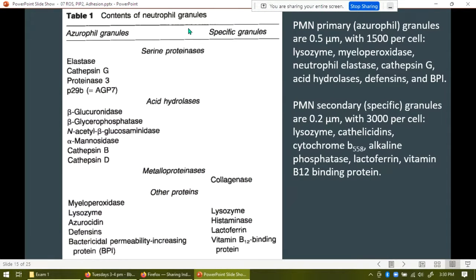And then this is a figure that I think you're seeing for the second time. It just shows you where neutrophils store some of these things. They have azurophil granules, which are primary granules. They're a little bit larger. And then they have secondary granules or specific granules, and they're a little bit smaller. They contain different things than the primary granule. But anyway, they store a lot of stuff separately so that you don't get the activation of certain things when it shouldn't be activated. For example, elastase is stored, I believe, in secondary granules and cleaves